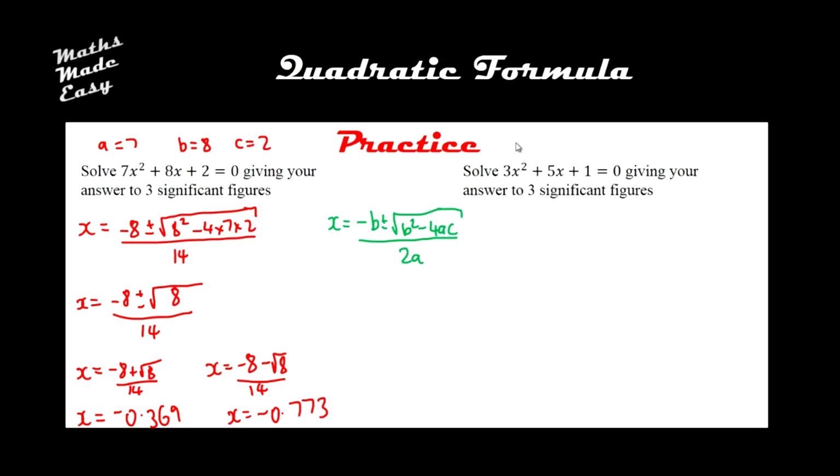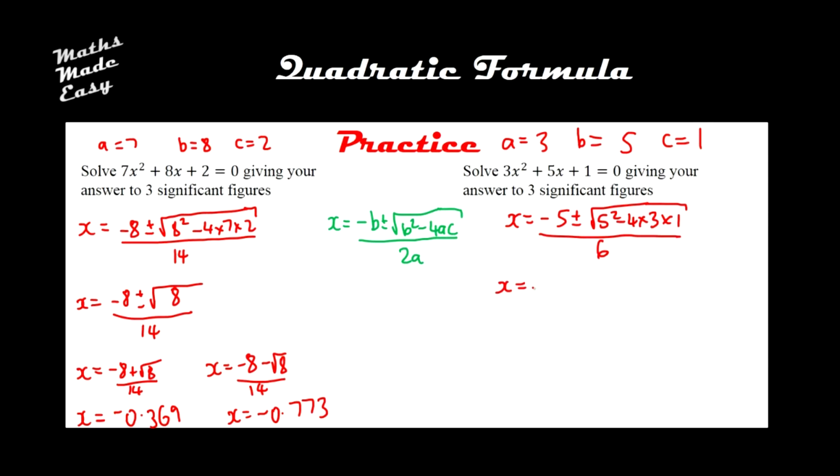And for the second practice question, we have a equals 3, b equals 5, and c equals 1. So x equals negative 5 plus or minus square root of 5 squared minus 4 times 3 times 1. All of this is going to be divided by 2 lots of 3, which is 6. So x equals negative 5 plus or minus the square root of 13